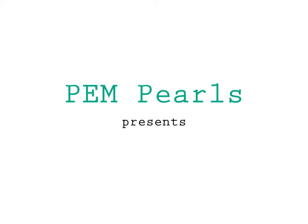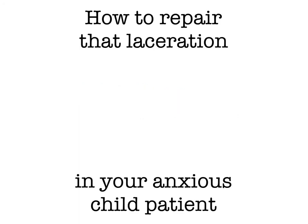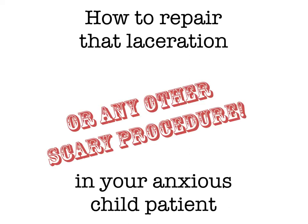Department. Today, we will be talking about how to approach a laceration repair in a toddler and how to prepare your pediatric patient and patient family for any other potentially scary procedure. We worked with Lauren Meyer, one of UCSF's child life specialists in the emergency department, to develop many of these